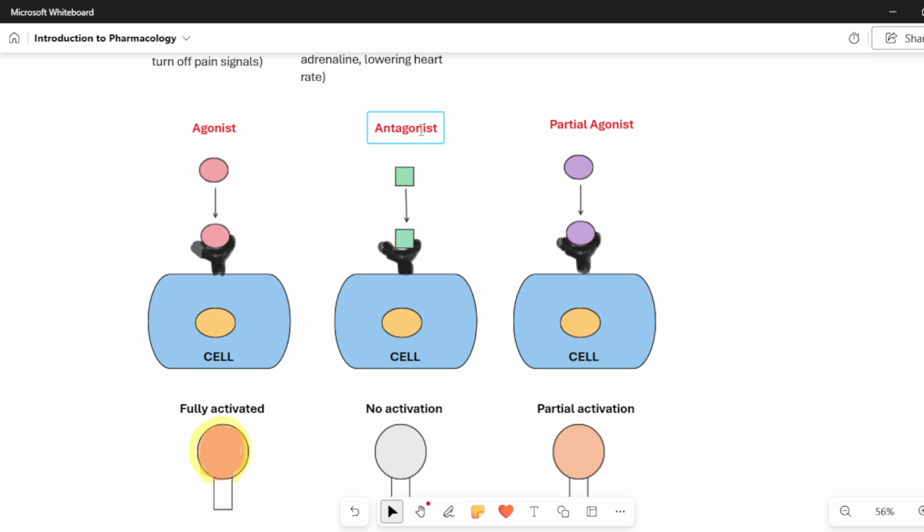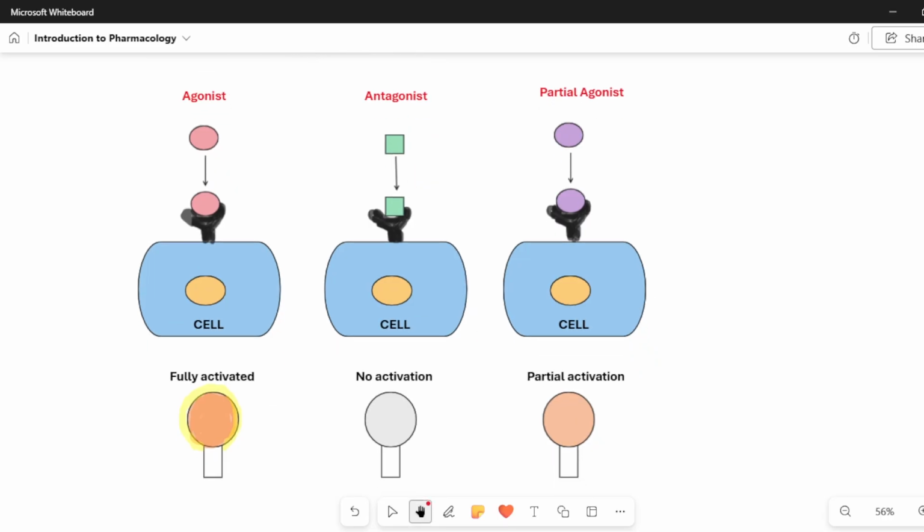So that is what an antagonist does, it will block that action. We will see examples for that. Next is your partial agonist. This will partially activate the cell to do its duty, not fully, partially.